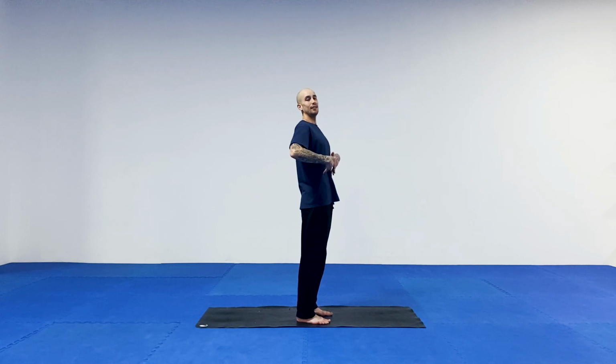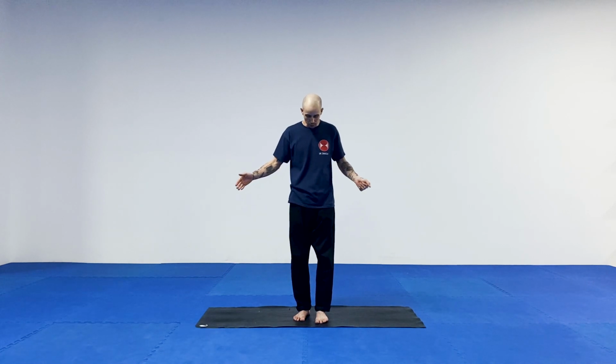So today we're just going to focus on how to open the front body, and naturally it will have a bit of a natural back bend anyway. But the focus and intention is on opening the front. So I'm going to run through two postures quite quickly. The first one, you're maybe quite familiar with it. It's one of the postures in Surya Namaskar, the sun salutations, which is a very common flow within the yoga